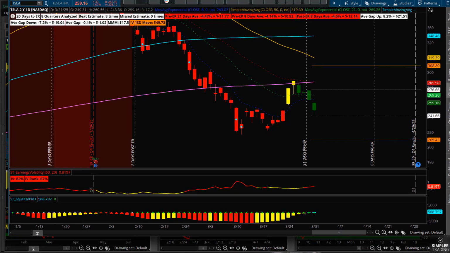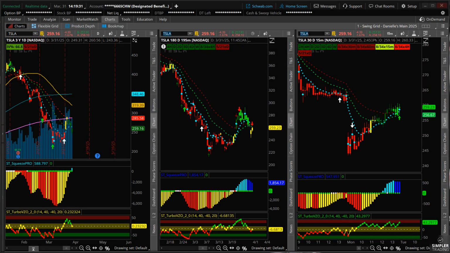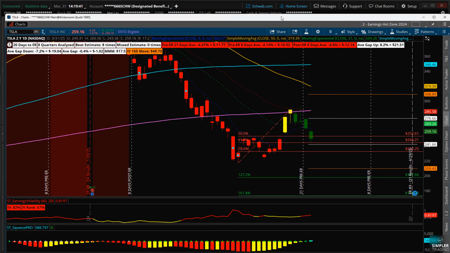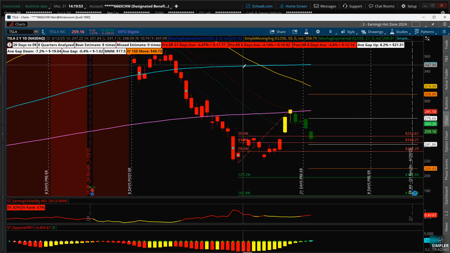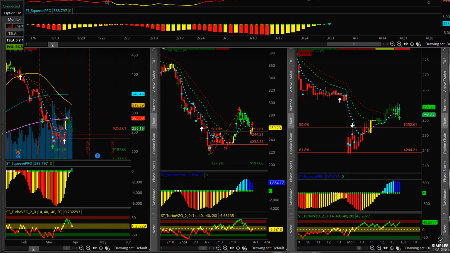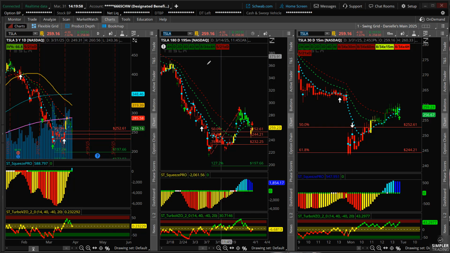So what I usually do is I usually go into my options chain and say, okay, I'm looking for a move into that zone. Actually, wait, let me throw a Fibonacci level on there too. So we're looking for a move into the zone. The 618 is going to come in around 245. And then we have another level down at 233. So let's call it 235. So what would be a reasonable price target before this earnings report?